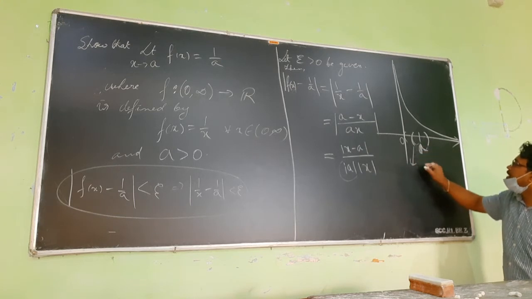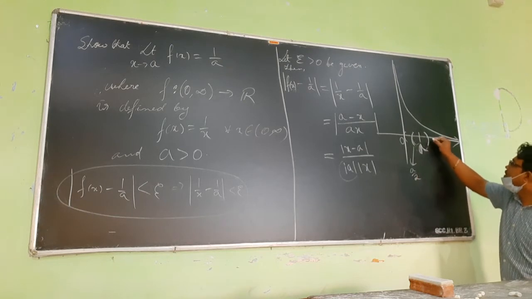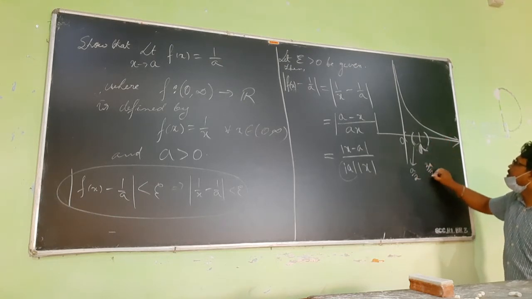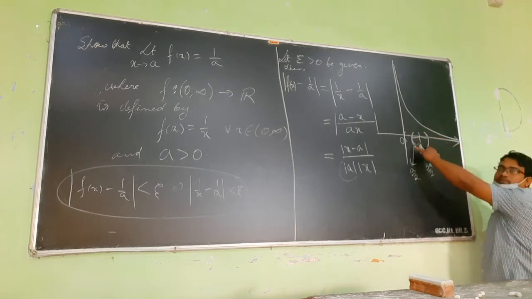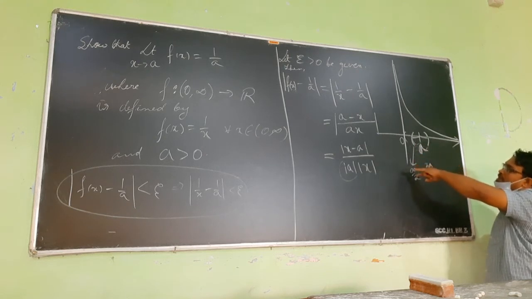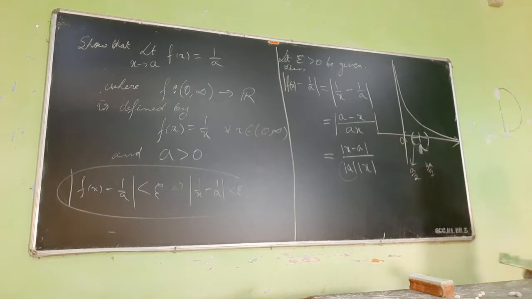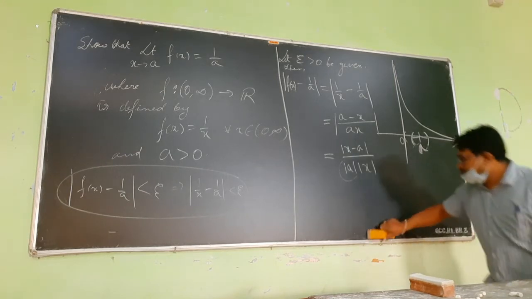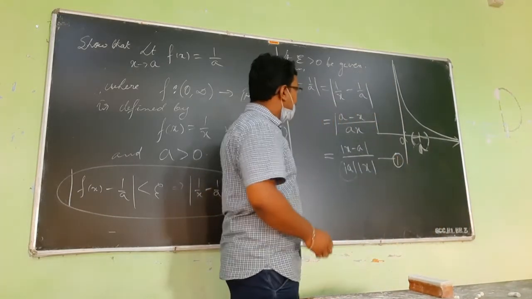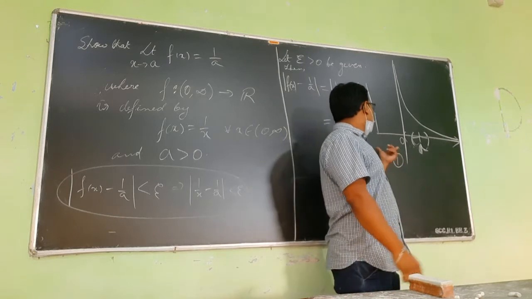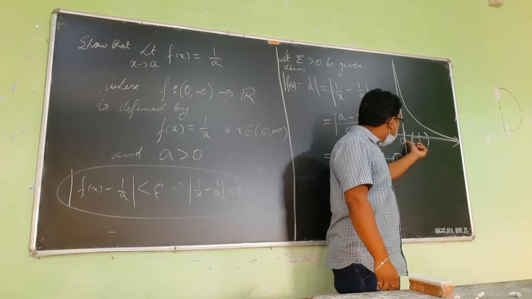What we can do is take some point on this side, say a by 2, and on this side 3a by 2. I am considering radius a by 2. So in that area, what happens to mod x? Let us see that area. Let us keep this one as 1, and we will try to find out the neighborhood. We want to remain inside the domain, so that is why we are taking the radius as half of this distance.